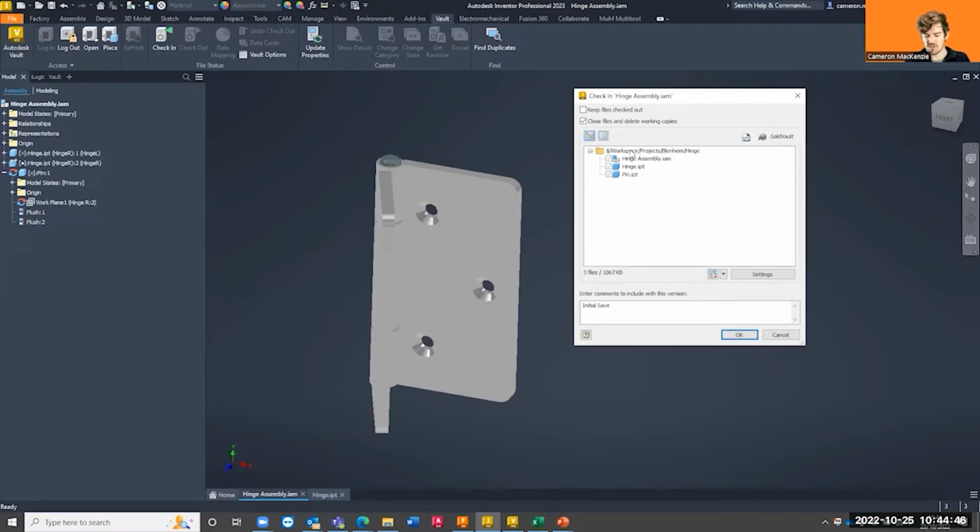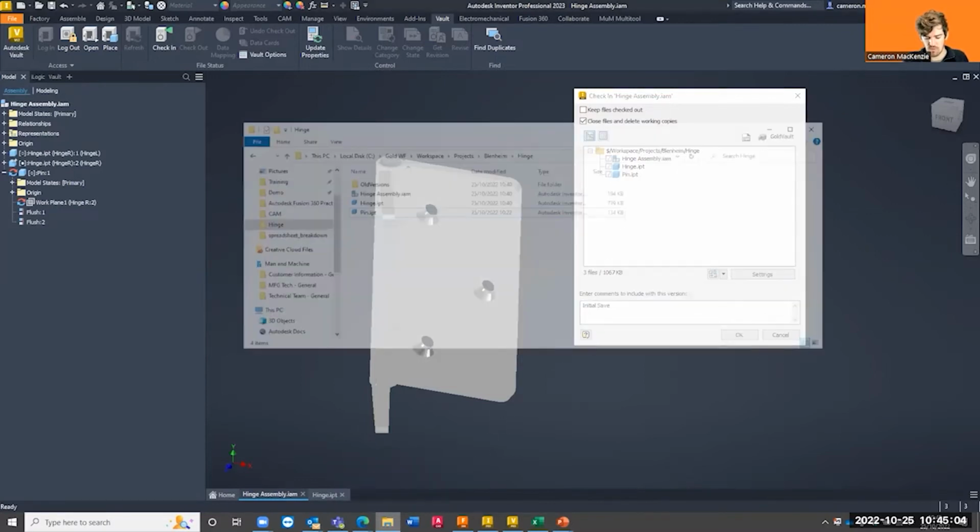And what this will also do is show me the location that it's creating this in. So wherever you've saved this inside of your local system, it's going to replicate that folder structure inside of Vault as well. So it's going to go into my workspace, projects, Blenheim, and Hinge. If I show you quickly locally before we go through that,